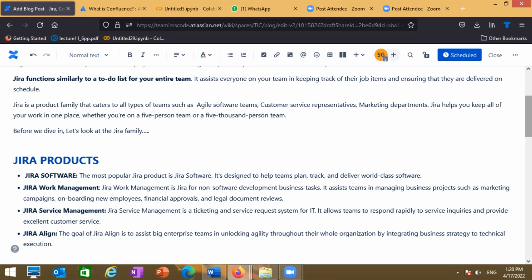So to work in a team, it's very useful. We will see next how it's useful. Then Jira Work Management है, तो Jira Work Management business डेवलप बिजनेस में जो काम करते हैं, जो